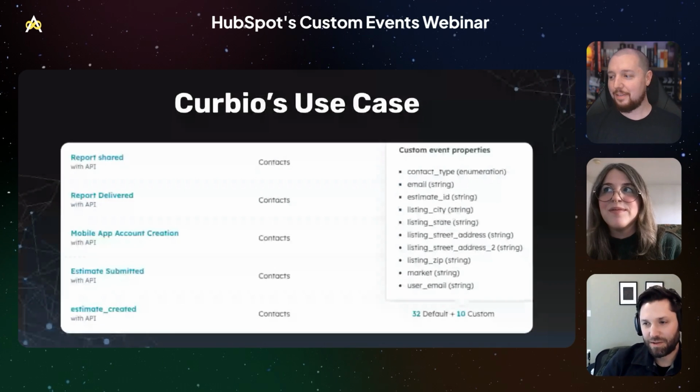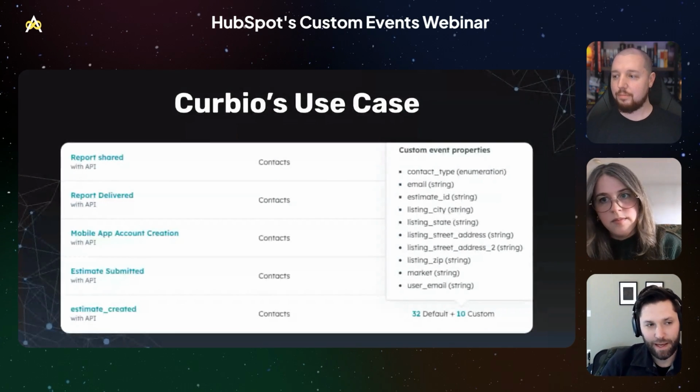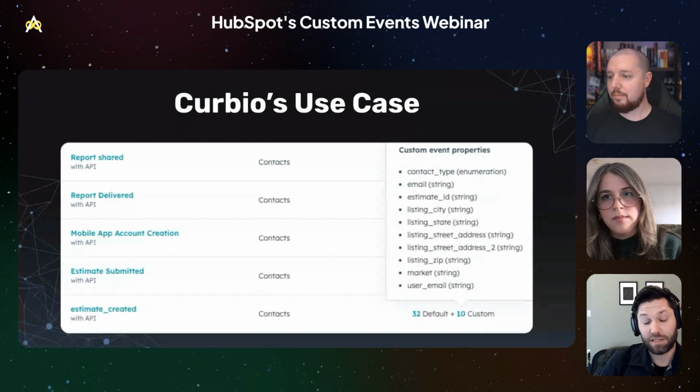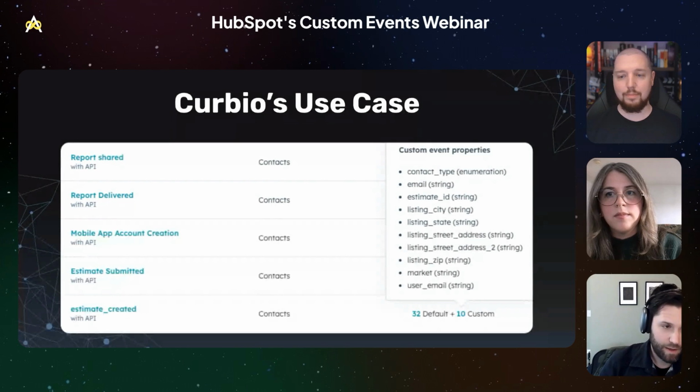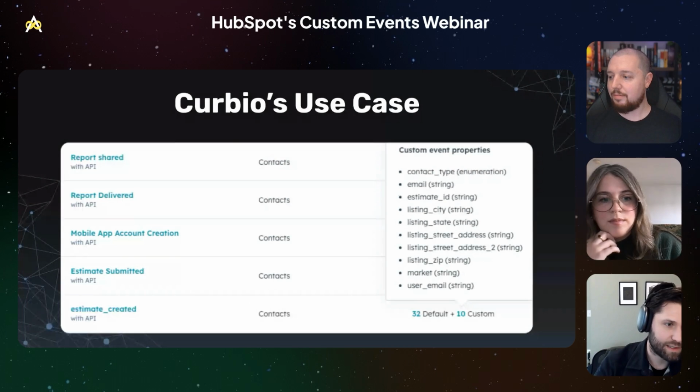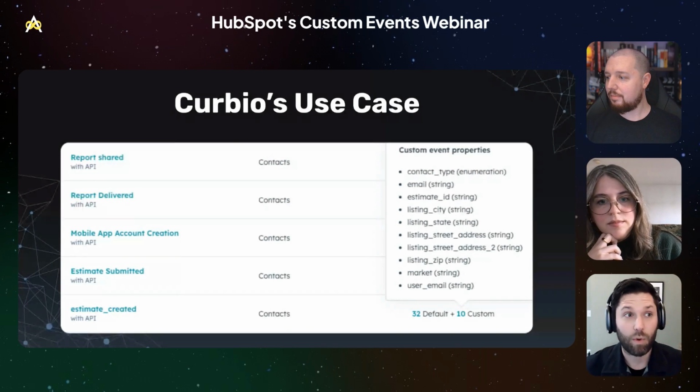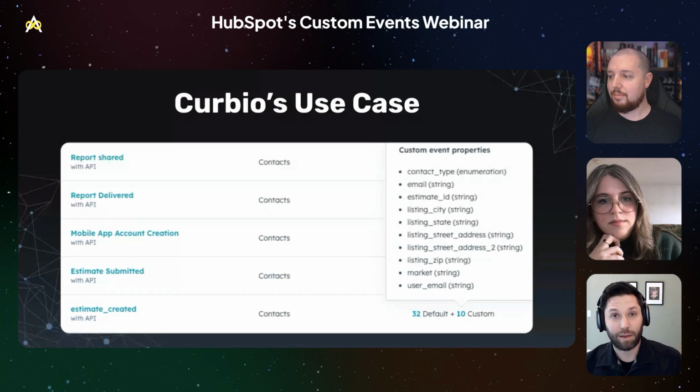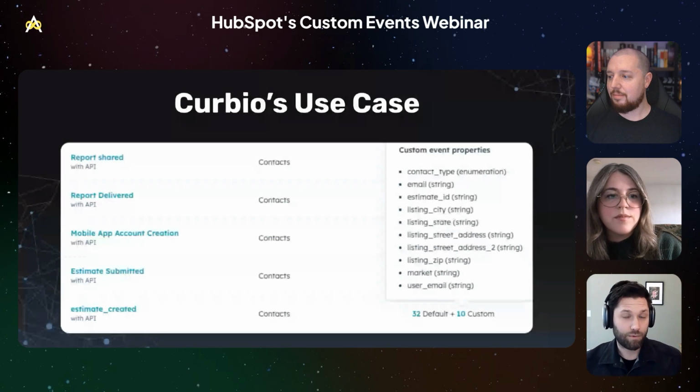So what we've done at Curbio is we have, like I said, a mobile app, and we're passing a lot of that mobile app data into HubSpot in the form of custom events. Within the mobile app, we pass things like just that somebody is logged in, as well as more complex things. In our mobile app, somebody can create what we call an estimate, which is they basically enter in a home address and